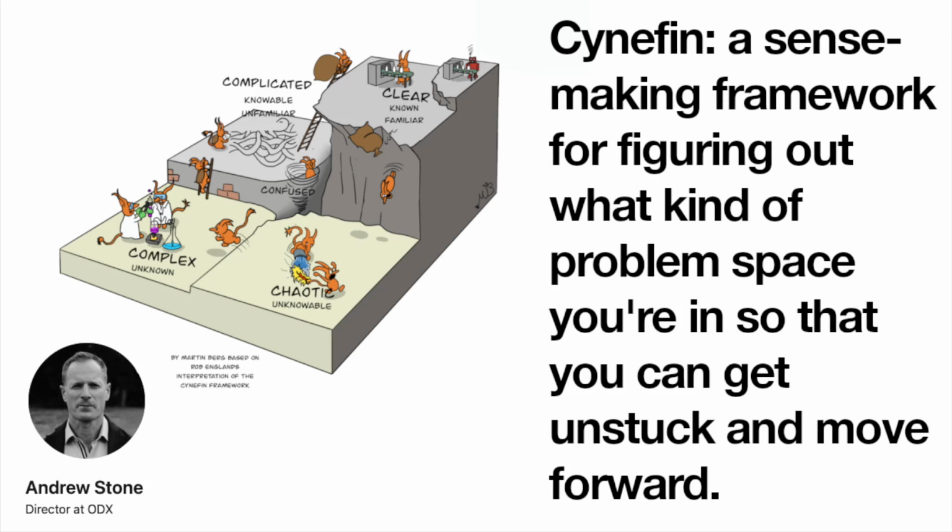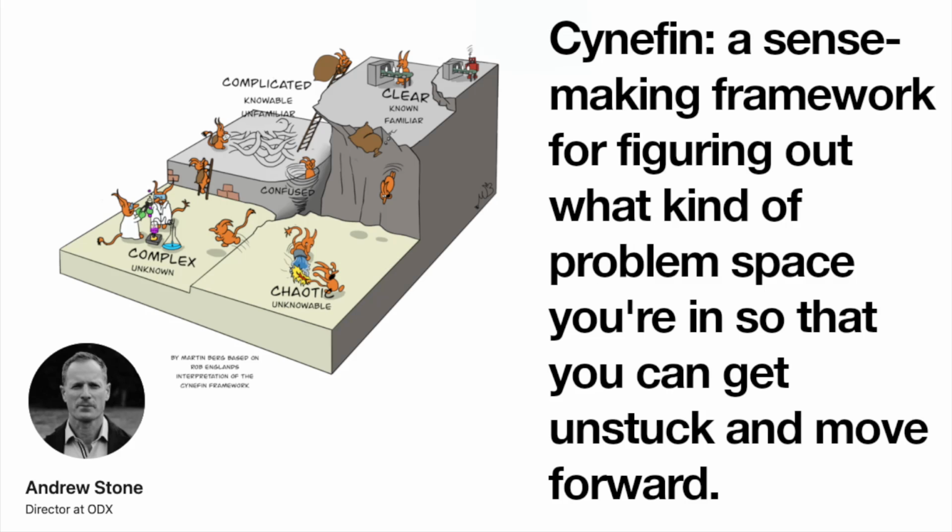Okay, let's start on that comfortable side, the ordered side. The first context is called clear. It used to be called simple. This is the domain of best practice, the realm of the known knowns. It's all about stability. The cause and effect relationship is obvious to everyone. The right answer is self-evident. Like processing a routine customer order, or following a set process, like measuring your carbon footprint using a very defined methodology. It's a recipe.